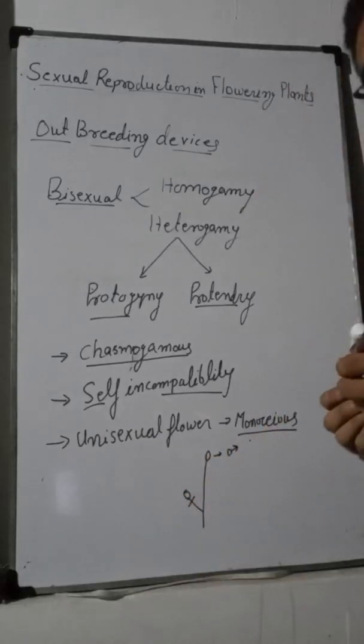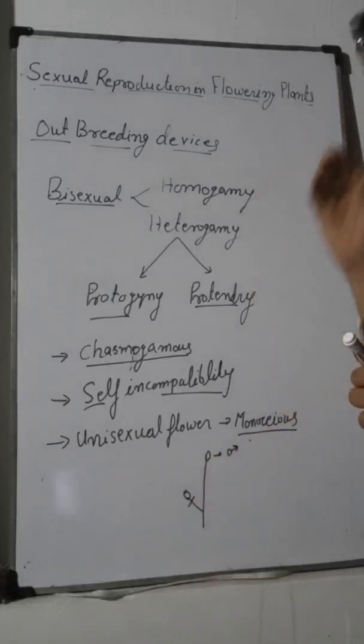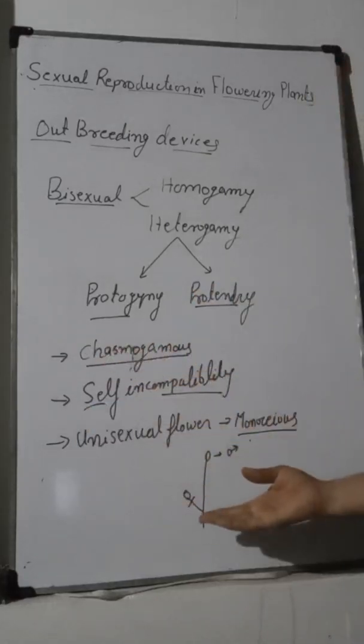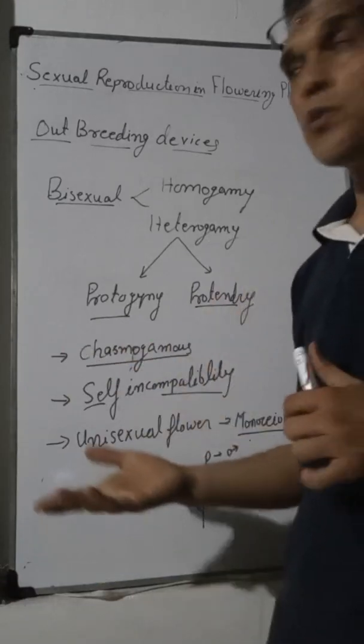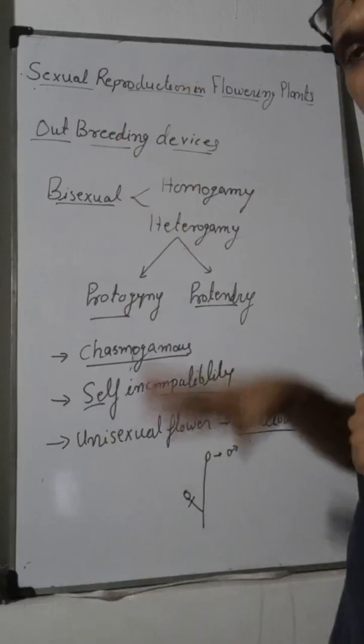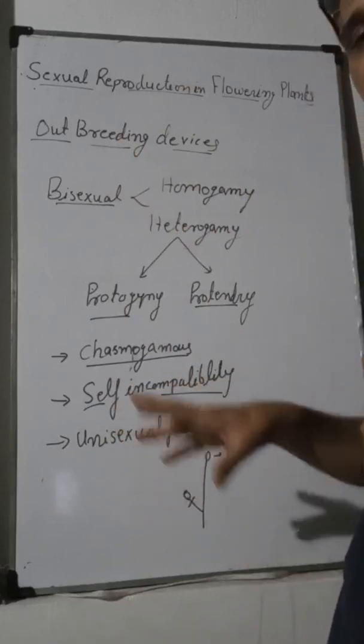These two are present at different positions. That also increases cross pollination. That is another type of outbreeding device that prevents self pollination, that is unisexuality,